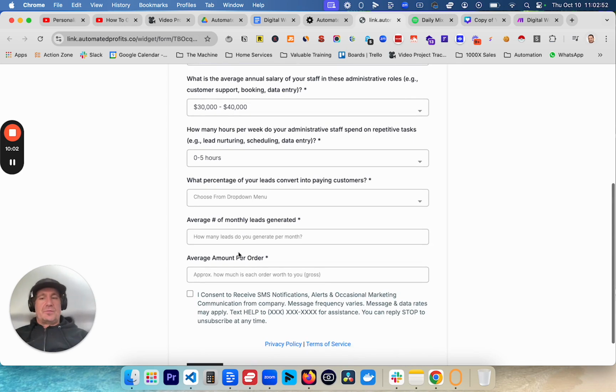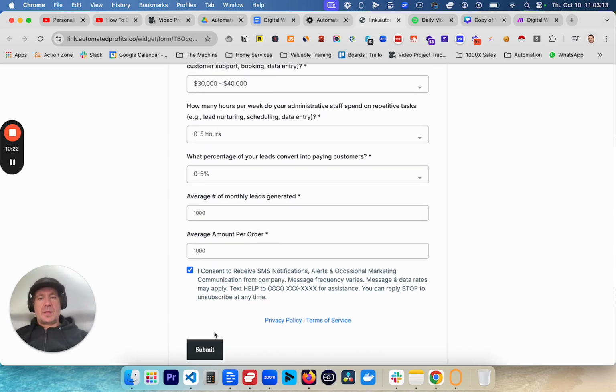So we're saying basically they've got 1 to 5 staff members paying $30,000 to $40,000 a year. They spend 0 to 5 hours on admin tasks each month. They're currently converting their leads at 0 to 5%, and let's say they get 1,000 leads generated per month, and each lead that's converted into a customer is worth $1,000 to them. So if we submit that,